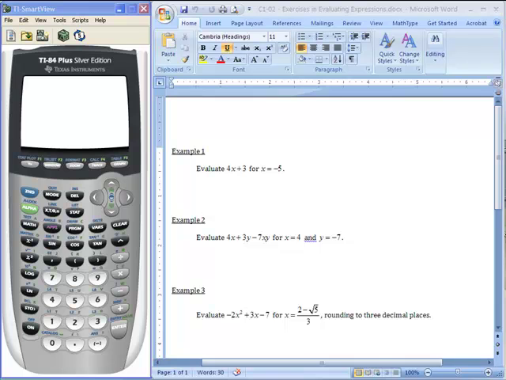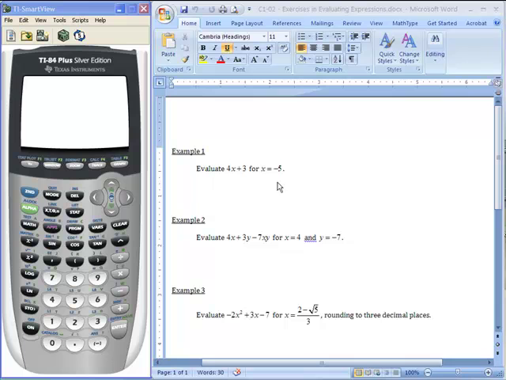Exercises in evaluating expressions. Your calculator can help you evaluate algebraic expressions in a number of different ways. I'd like to take a look at a couple of those as we work through these four examples that we have here. In example 1, we're asked to evaluate the algebraic expression 4x plus 3 for x equal to negative